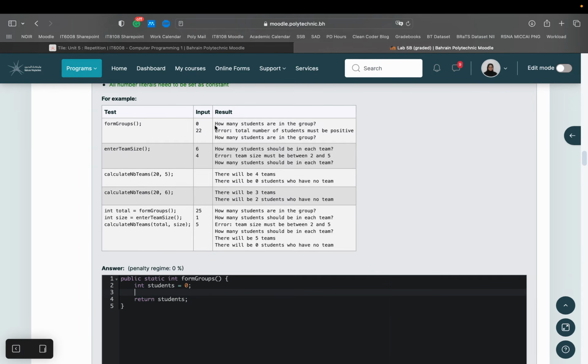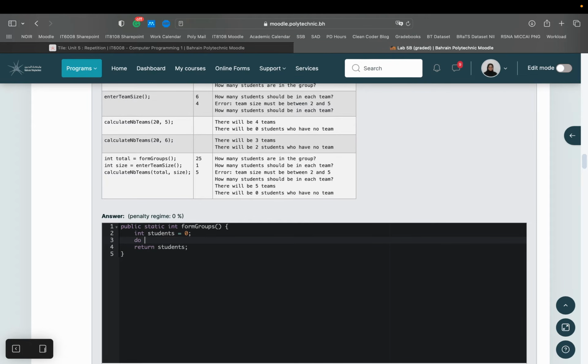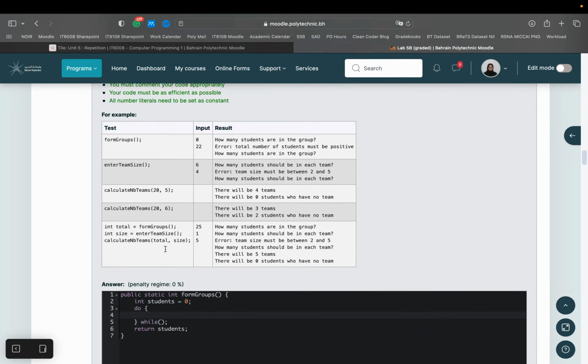Now if we look at this case, we don't know how many times we are going to loop, because we don't know how many times we're going to get a wrong value from the user. Okay, and the value is also coming from the user, the one that we're using to check how many times we need to repeat. So the best solution is to use the do while loop, and the condition for the while loop should be that, as long as the value of students is not positive. I'll write that in a minute, but for now